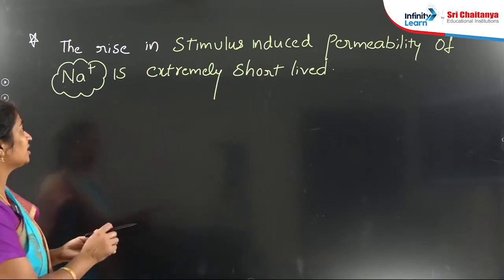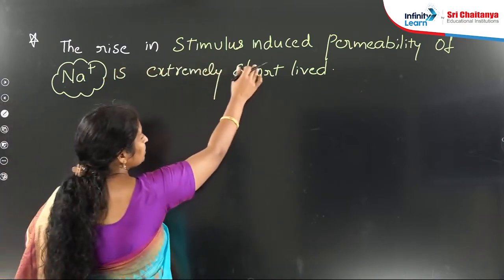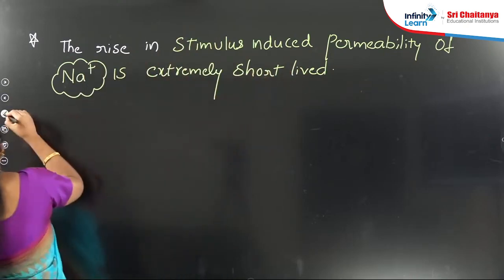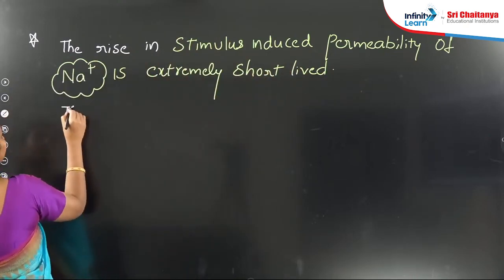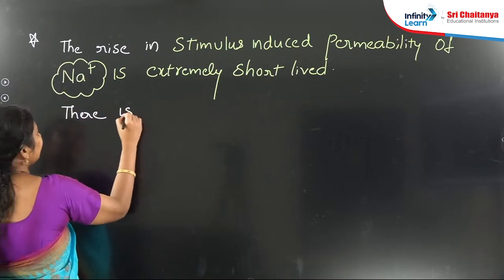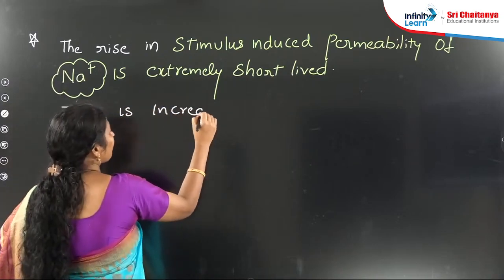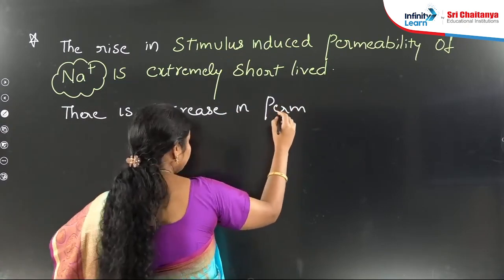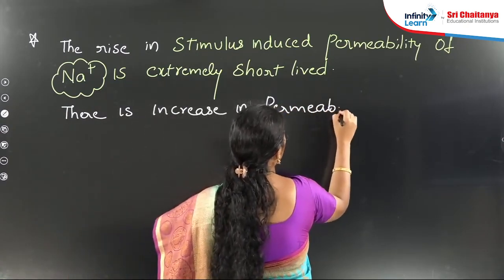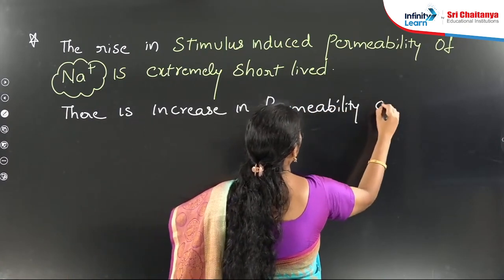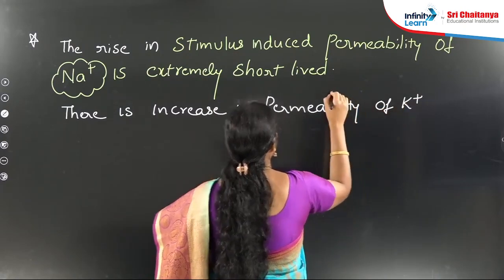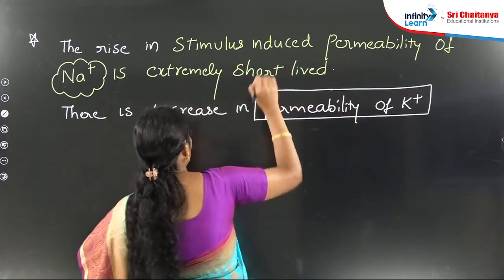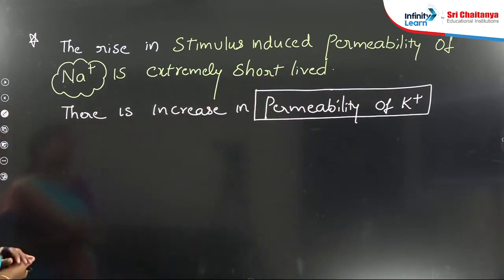The rise in stimulus induced permeability of sodium is extremely short-lived, and after that there is an increase in permeability of potassium. So first sodium, but that sodium permeability is short-lived, and later on there is an increase in